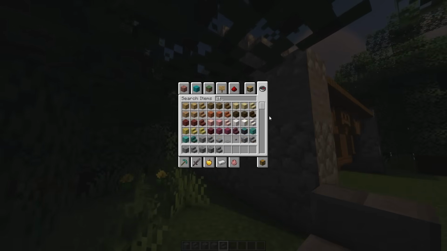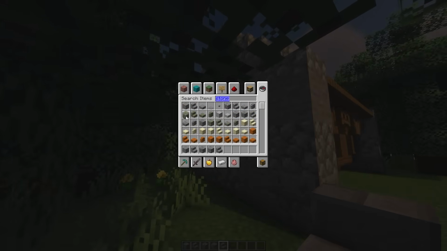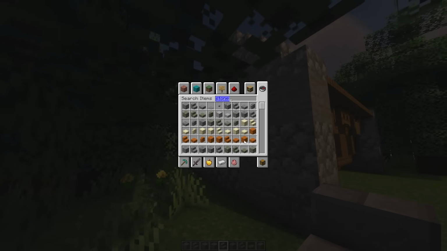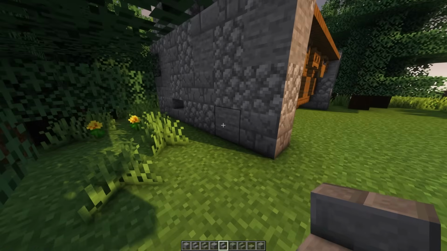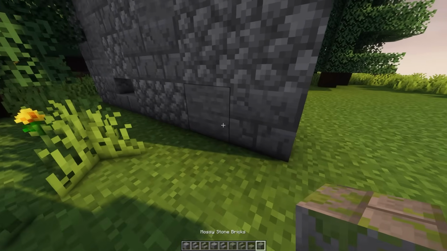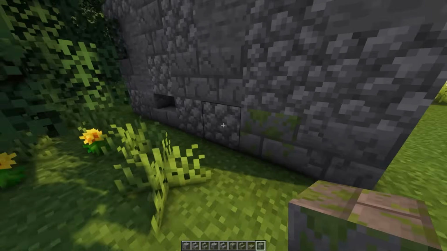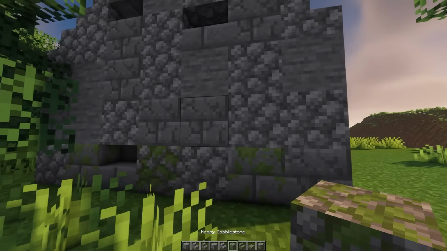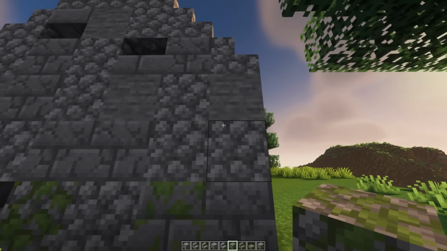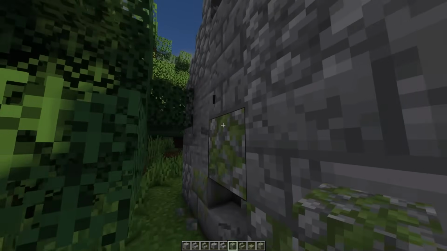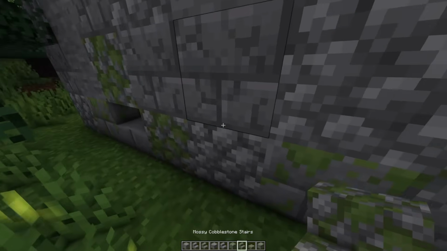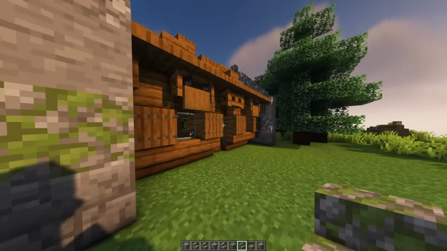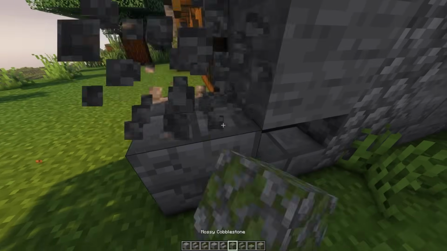I also remember there is some mossy stone bricks. So maybe for the lower ones, like for these lower ones, we can do some mossy because it's been growing and going upwards. So maybe something like that. And then this one can be mossy as well. And maybe this one as well. But yeah, something like that. I do like that. This can be mossy,